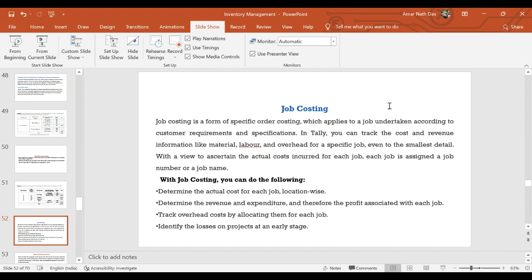So in job costing, what happens? You will find some of the technical parts, which are very much applicable to CMA candidates, CMA students. So just take a look at this particular problem, I mean the topic first. I will try to ask in brief the theoretical area of this particular topic. Job